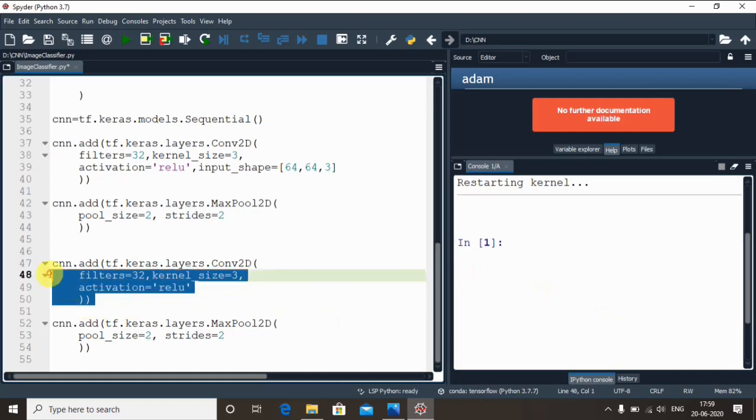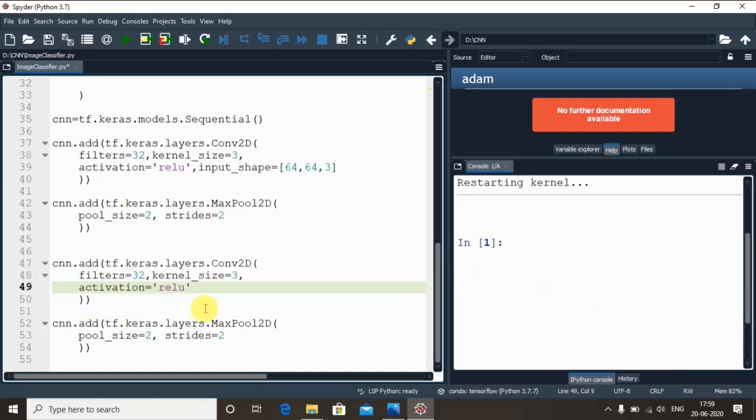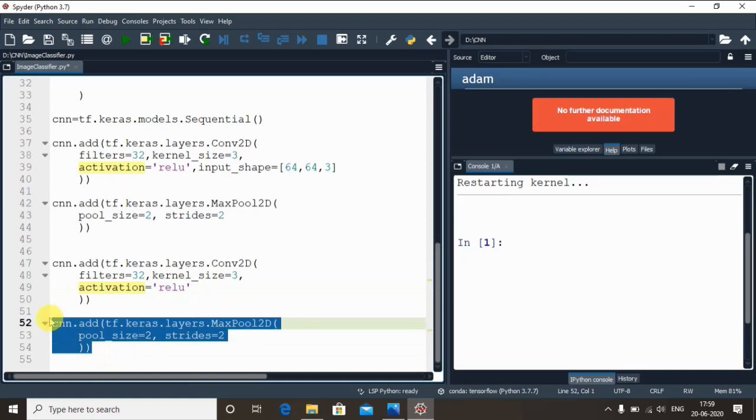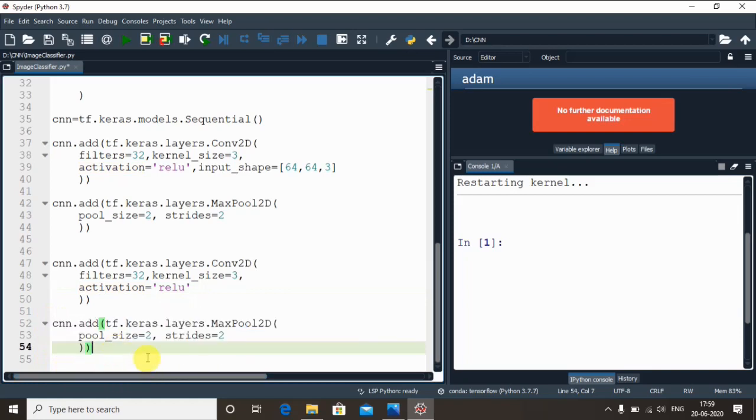So we are done with the second convolution layer, and finally we also applied max pooling here, correct? So max pooling again with pool size 2 and strides also equal to 2. Now let's move on to the next step called flattening. As you all know, the flattening will take the results of all these convolutions and poolings and convert them into a one-dimensional vector, which will become the input to the future fully connected neural network, correct? So now we are going to implement the flatten layer.